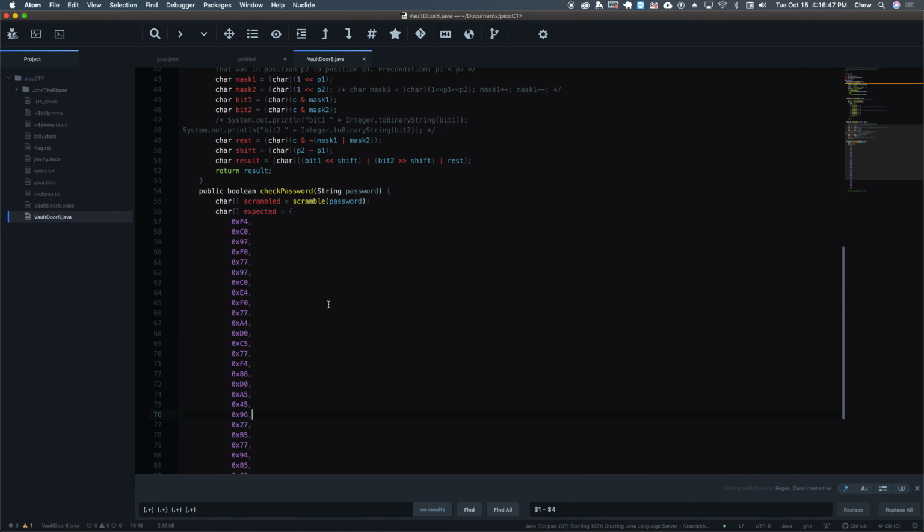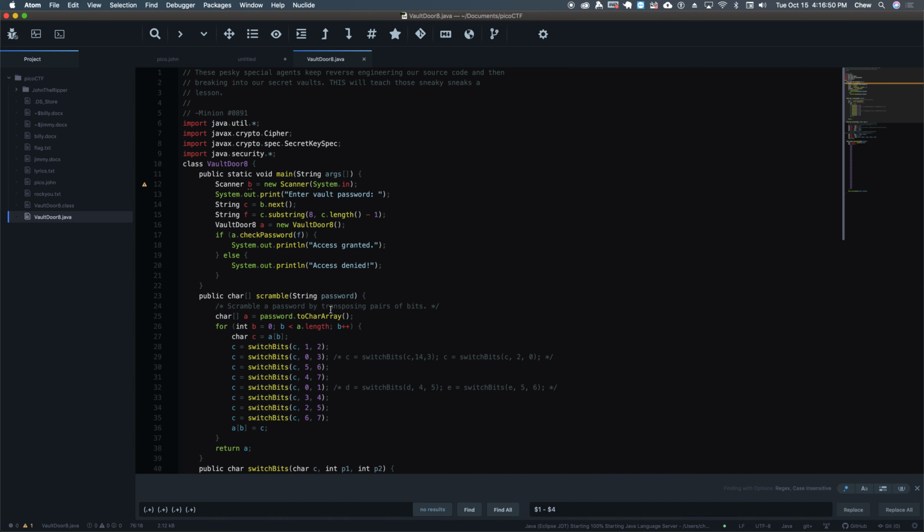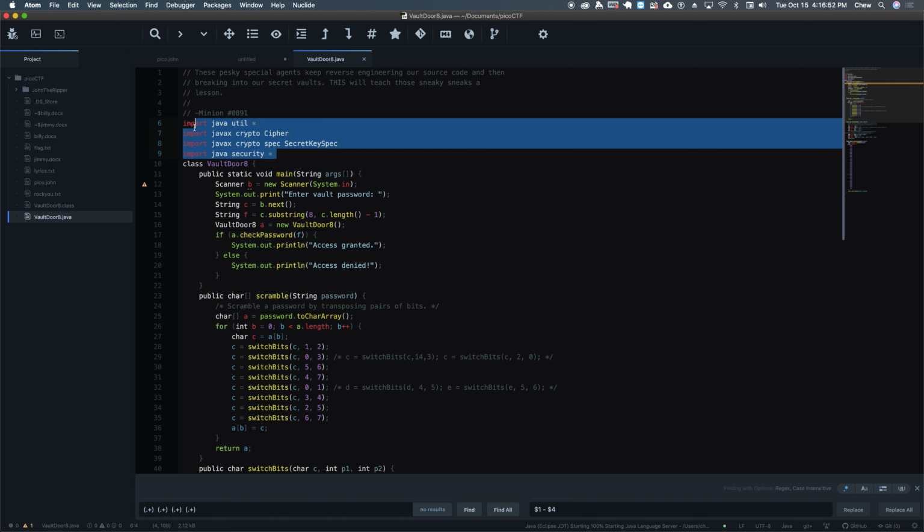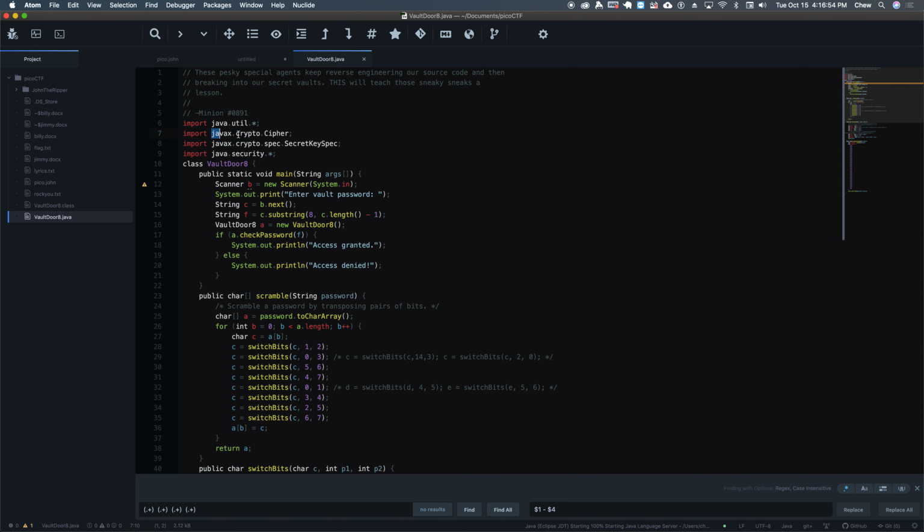So as you can tell here, we have got a lot to analyze. First of all, it does some import java.util, javax stuff. I don't really know what this is. So here's our class, class VaultDoor8, and we've got the public static void main, String args. So let's see. First it scans our input, then asks for the password, and then it says c, which is our input, next, which is just saying save our input to c, and then it says get rid of